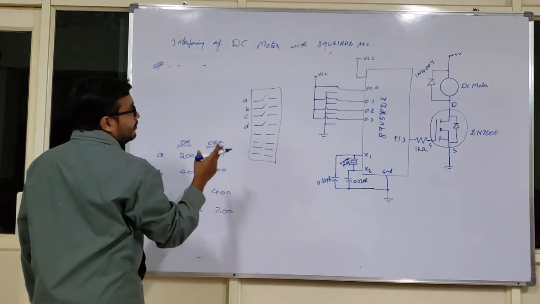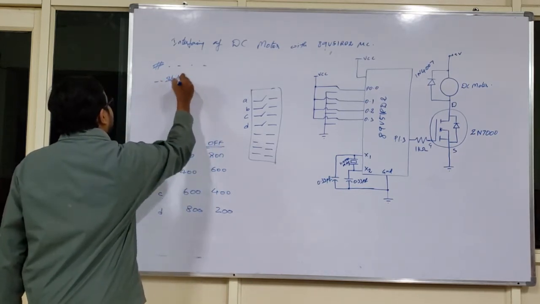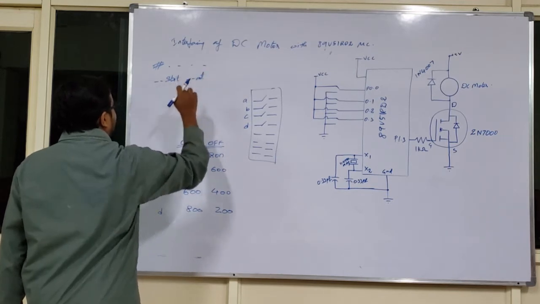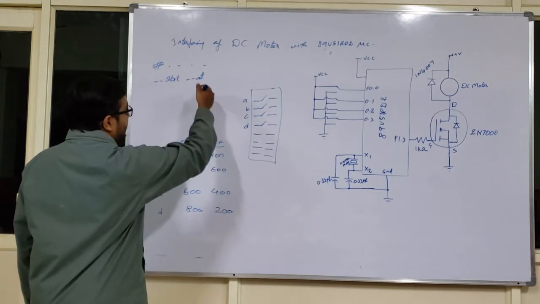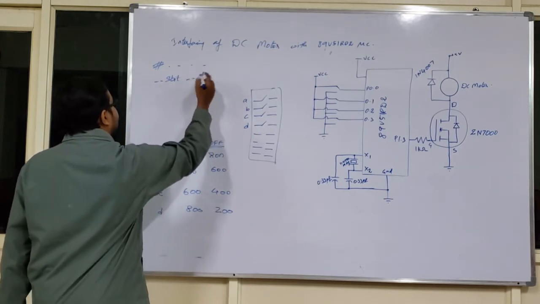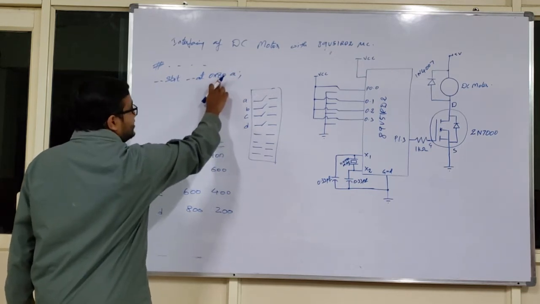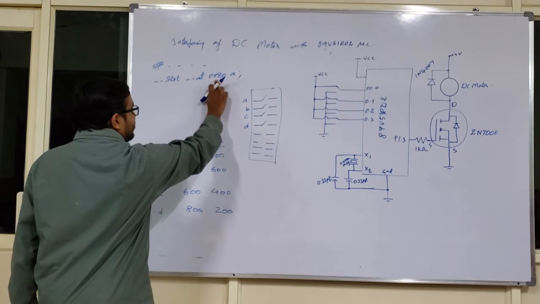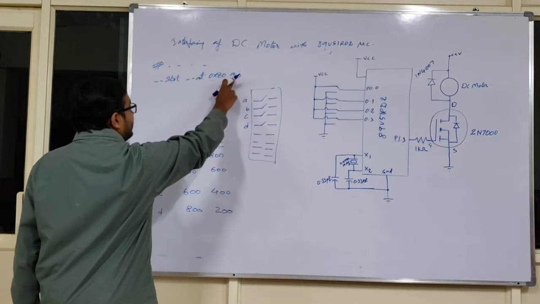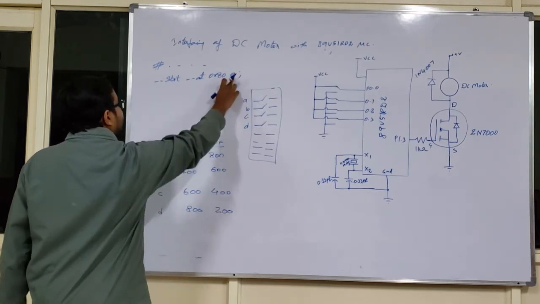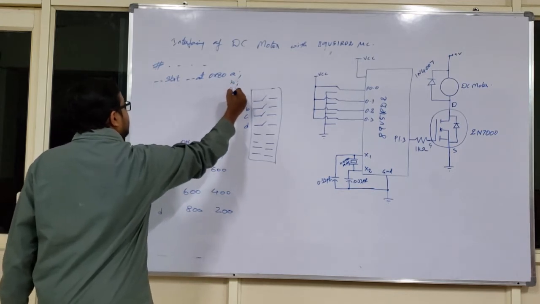Next, how many bits have I used in port 0? Only 4 bits, for which I use the sbit programming technique because I feel comfortable with sbit. Let me complete the sbit, and I will tell you the other programming technique also. 0x80 is the address location of P0.0. For this address location, I am going to use a variable with the name A. Here A stands for a variable. This variable satisfies this condition. And similarly for B, for C as well as for D.